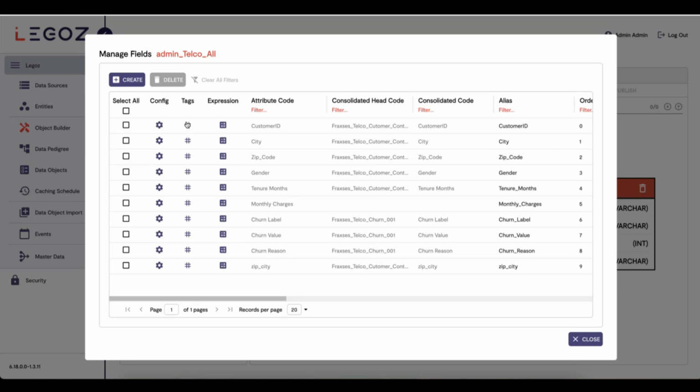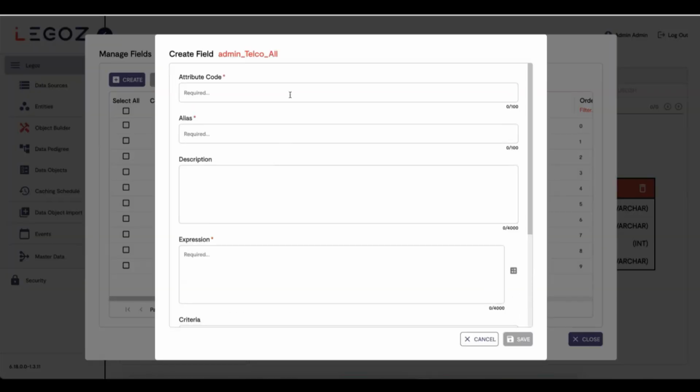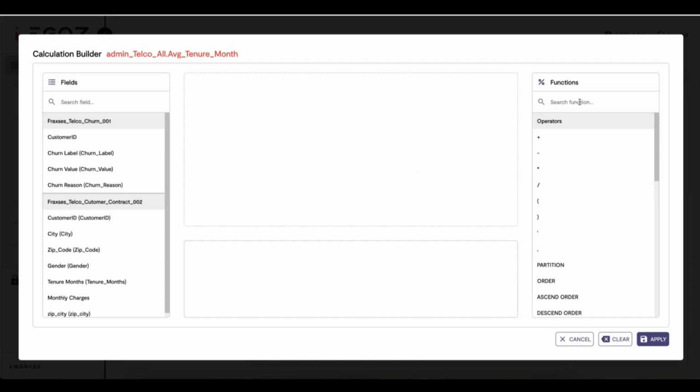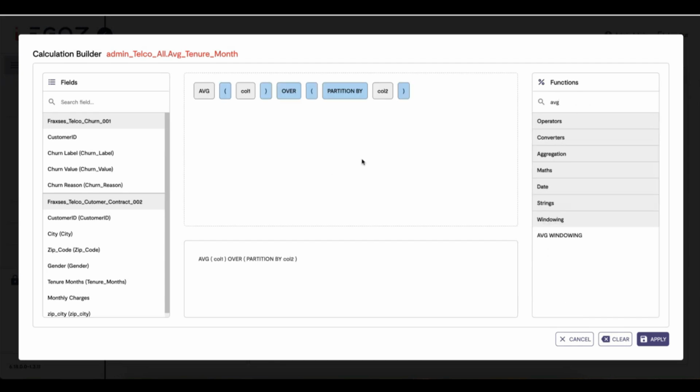Additionally, I've been asked by my analytical team that's going to do a report on this, that they want quite an advanced analytical function on this. So what I'll do is I'll create an average of tenure months. Once again, I'll call it the same in the alias, and then I'll go and build an expression. So I'm going to look for the average functions. In this instance, I'm after the windowing function. That is an advanced